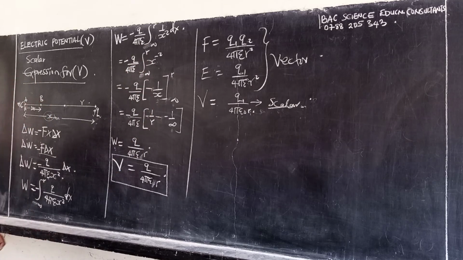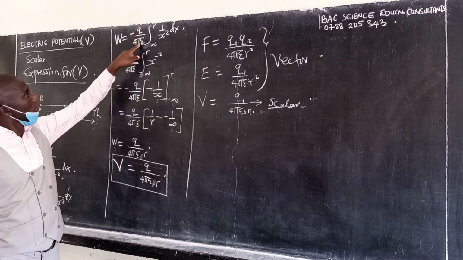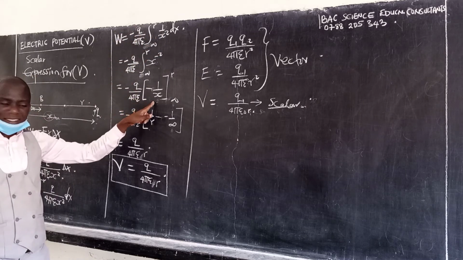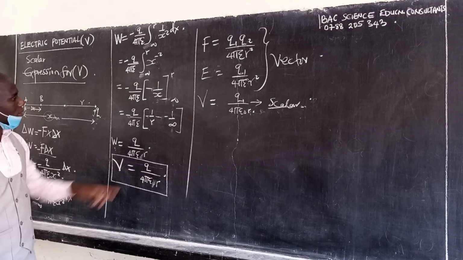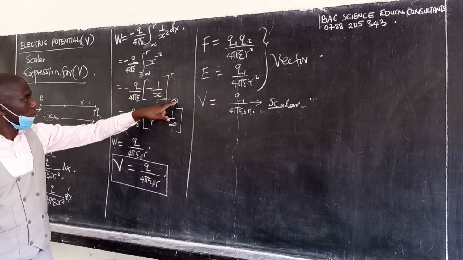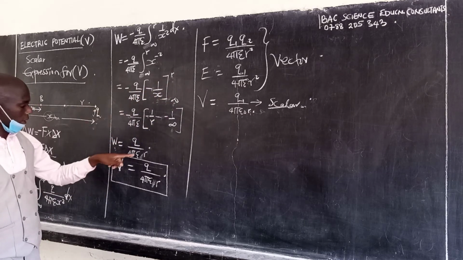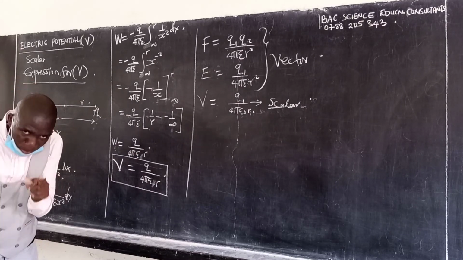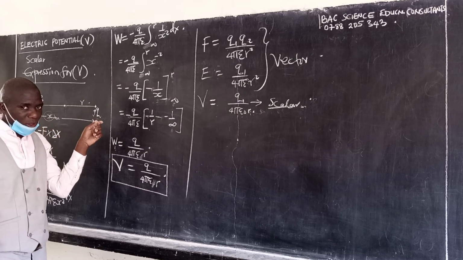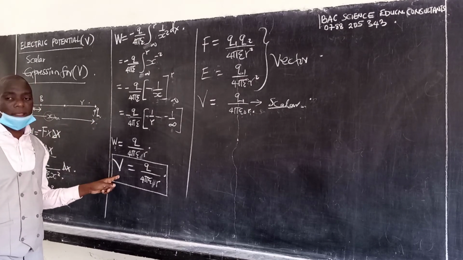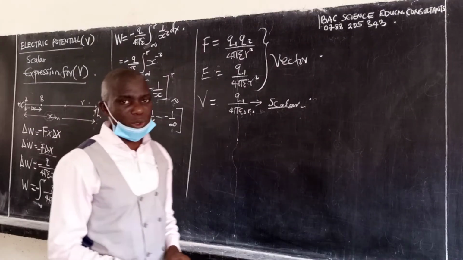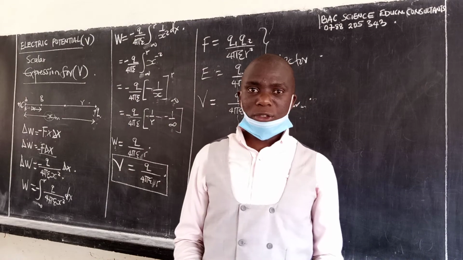The integral from infinity to that point r, which we do very well because Q and these other terms are constants. You put them outside, you integrate this one, and you finally get this. When you substitute in the limits, infinity and r, you finally get this one. That's the work done. But by definition, the work done to move one positive Coulomb charge is the potential. Therefore, we finally have the expression for the potential. That's the beauty of science.